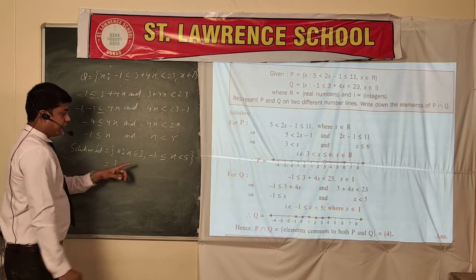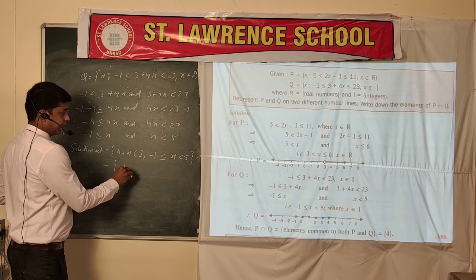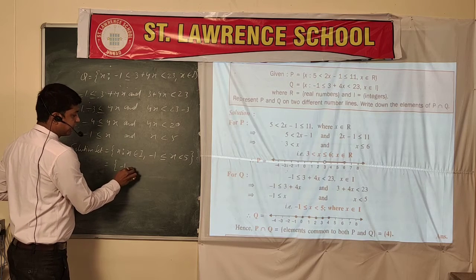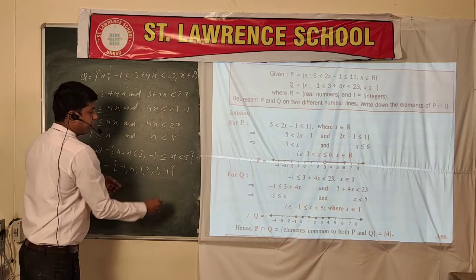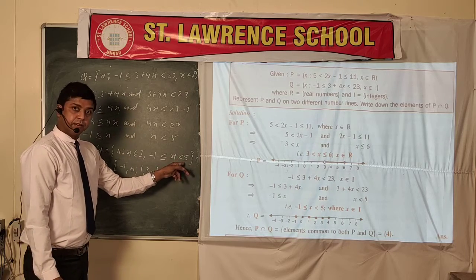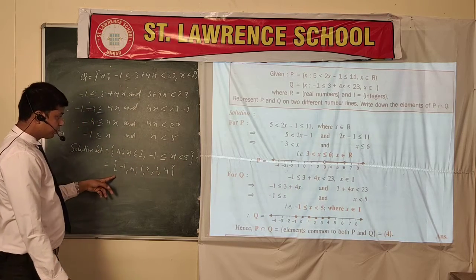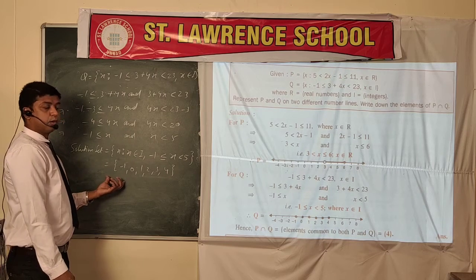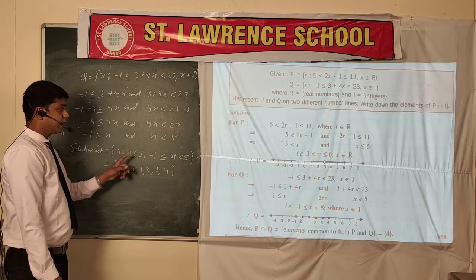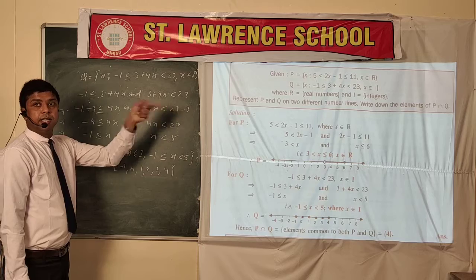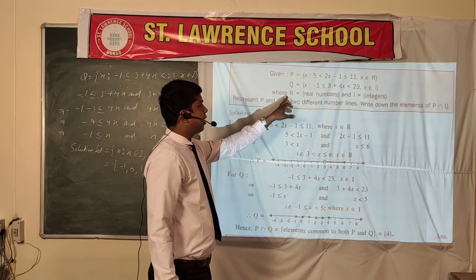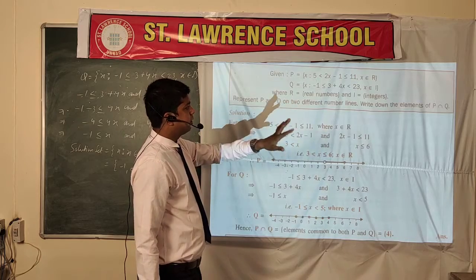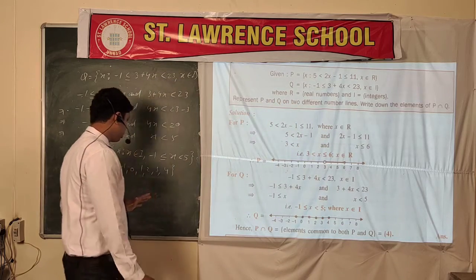And you see, I will write here minus 1, 0, 1, 2, 3 and 4. Why not 5? Because less than 5. So you can write this format also, and this is called roster form, and both are correct for X belongs to integers. Now you can see here they have asked the solutions on the number line, different number lines also, if you want to represent.